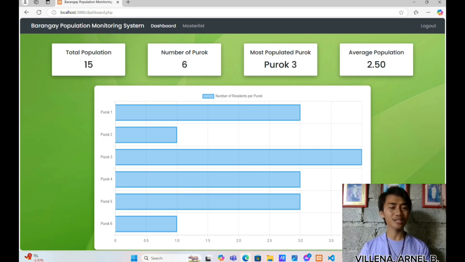This graphical representation allows administrators to quickly analyze data trends and compare population distributions across different puroks. The dashboard is designed to give users a clear overview of the barangay's population status in just a glance, making it a powerful tool for monitoring and decision making.